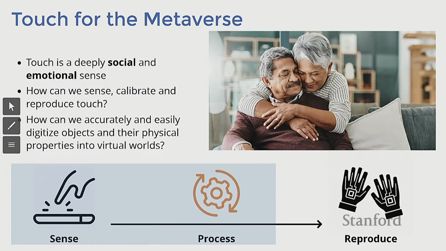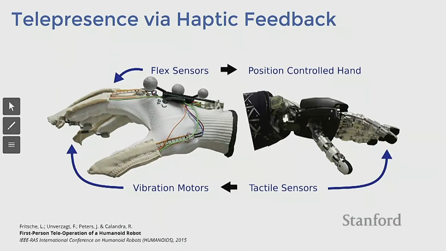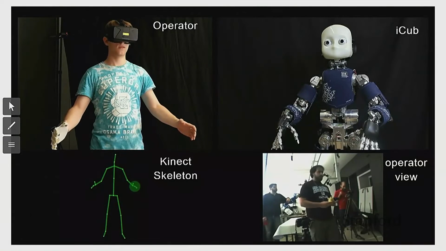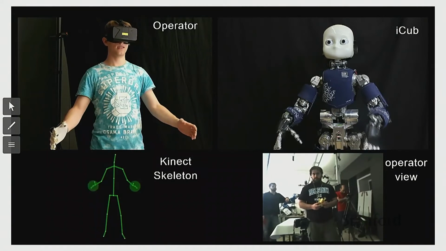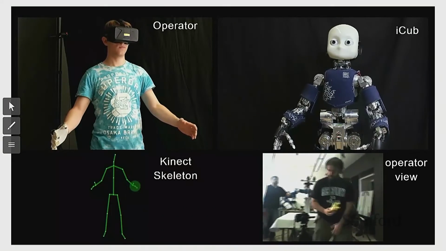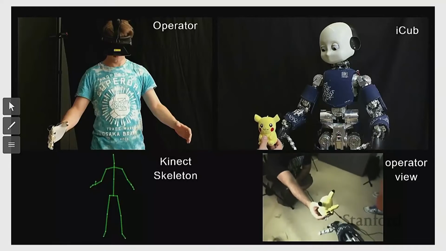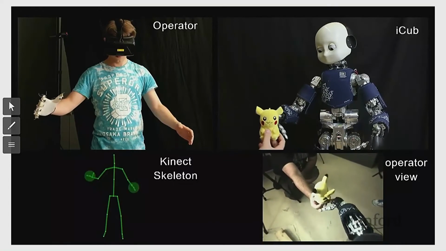And just to give one more word about this, actually in 2015 we had a fun paper with some students of mine at the time, where we were using tactile sensors, very primitive at the time, to provide haptic feedback to a glove, which was used in a system for first-person teleoperation. So we essentially had an Oculus Rift, where you could see through the eyes of the robot. You could control the neck movement through just your head.